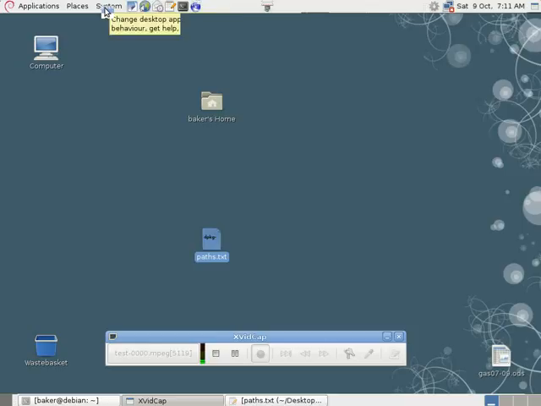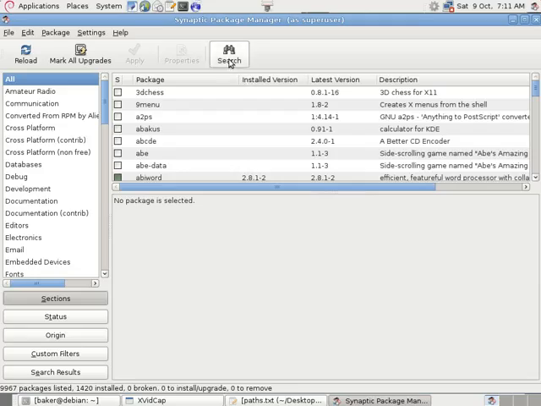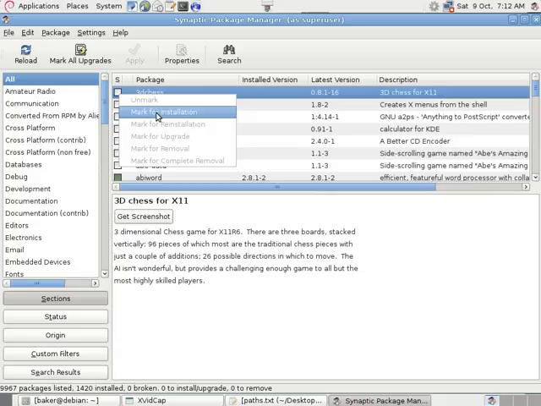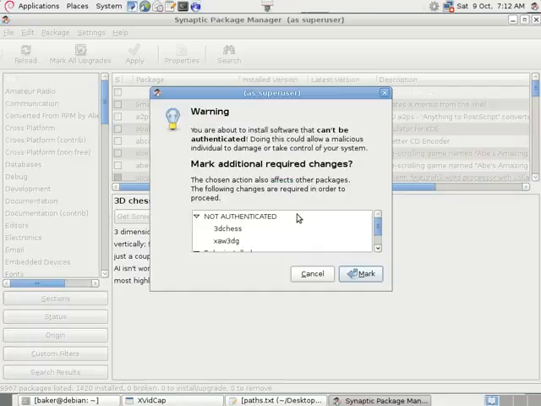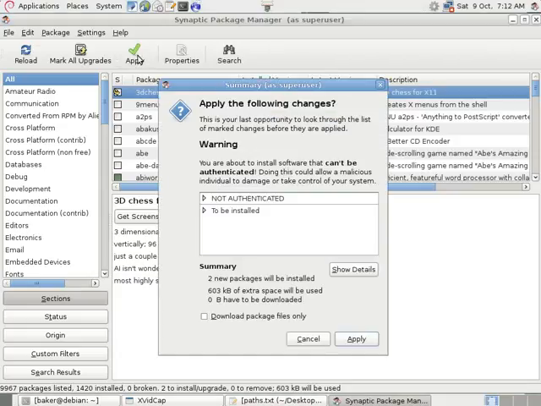So let's have a look at that again. I should be able to search here and find just about anything I want to install. So if I wanted this one, 3D Chess, then the Synaptic Package Manager will know which of the repository folders that program is in, and be able to install it without fuss. So let's see what happens. It's telling me here which packages will be installed for the whole thing. And if I click on Apply and confirm that,